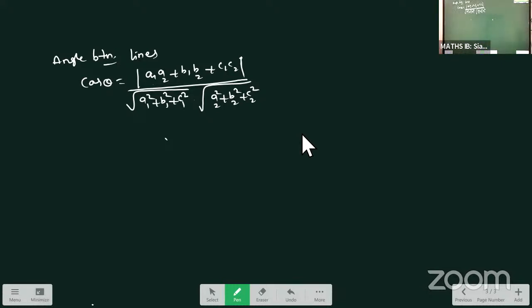Now, another important question is there. So copy down this question. We have to find the angle. The question is like this: find the angle between